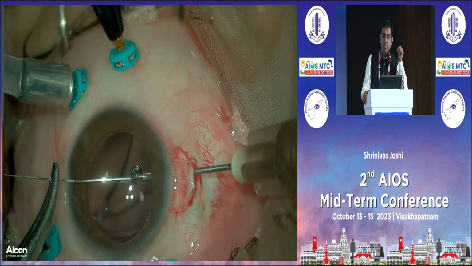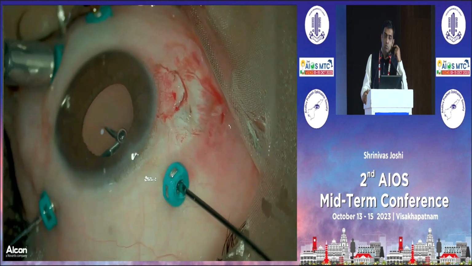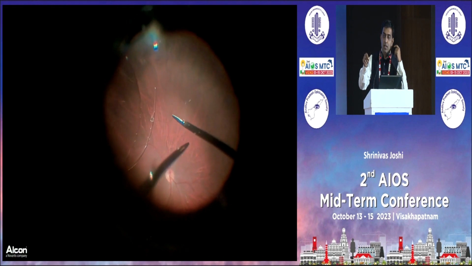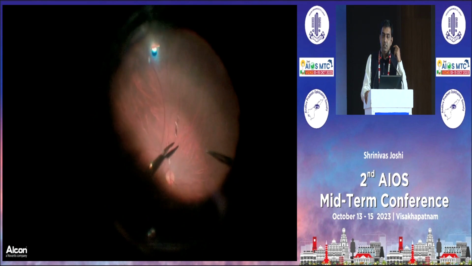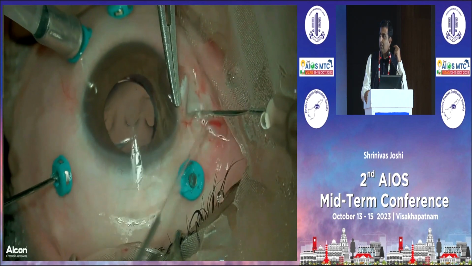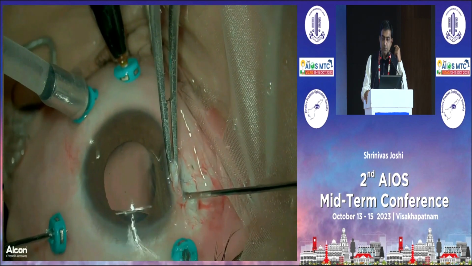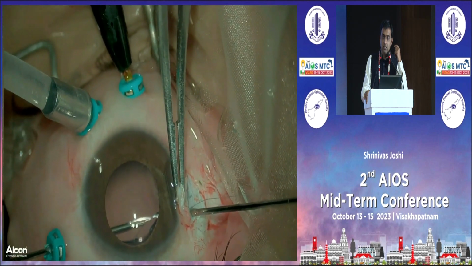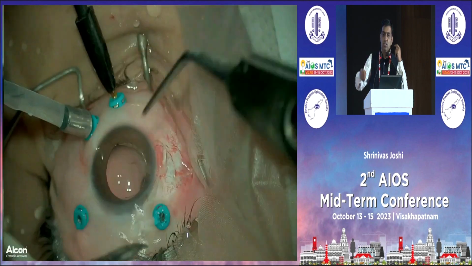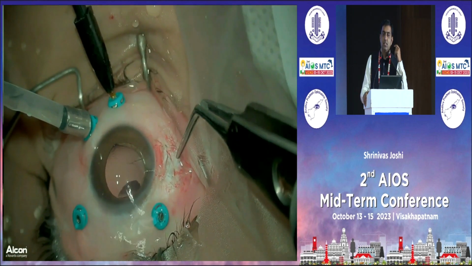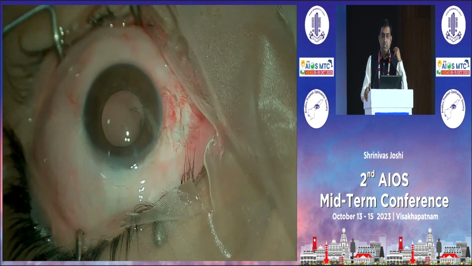So now with the railroading technique, I'm just trying to pass that. This is a 9-O-Prolene. Now catch the end of that 9-O-Prolene, and bimanually you can just thread it inside the vitreous cavity and bring it out, make another entry, and then use that ILM forceps and just bring out the one which you have already threaded into the eyelet, and then just tie it under the flap.